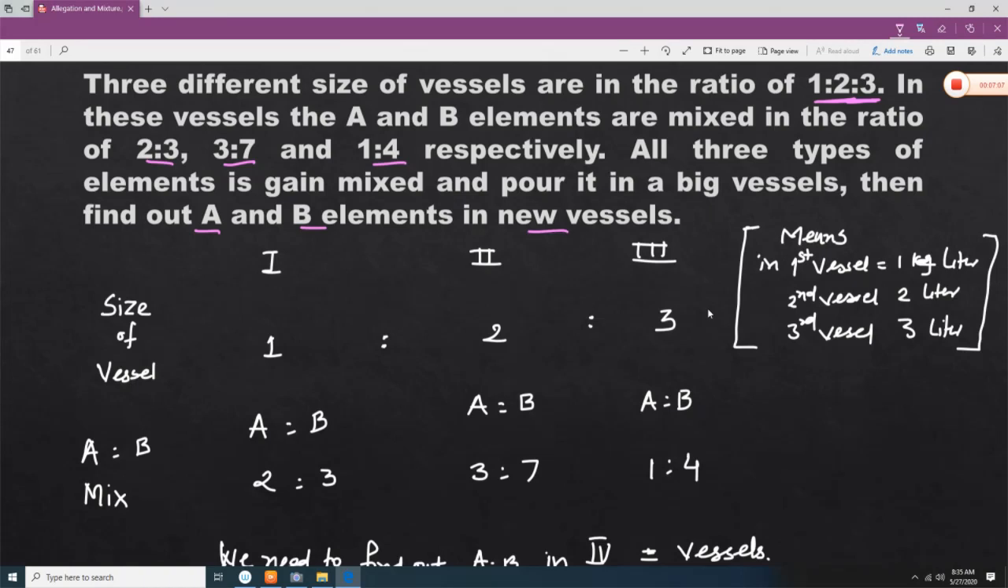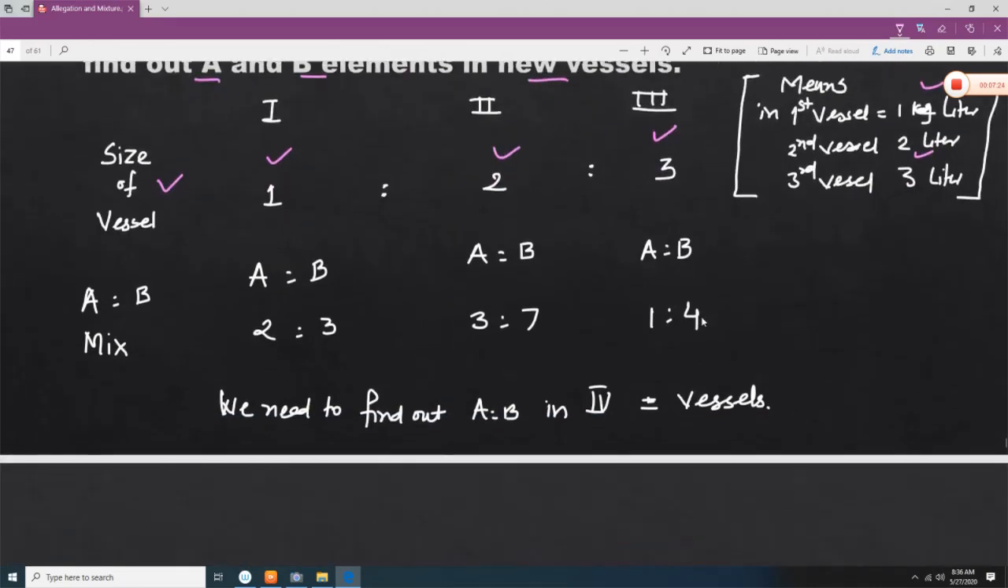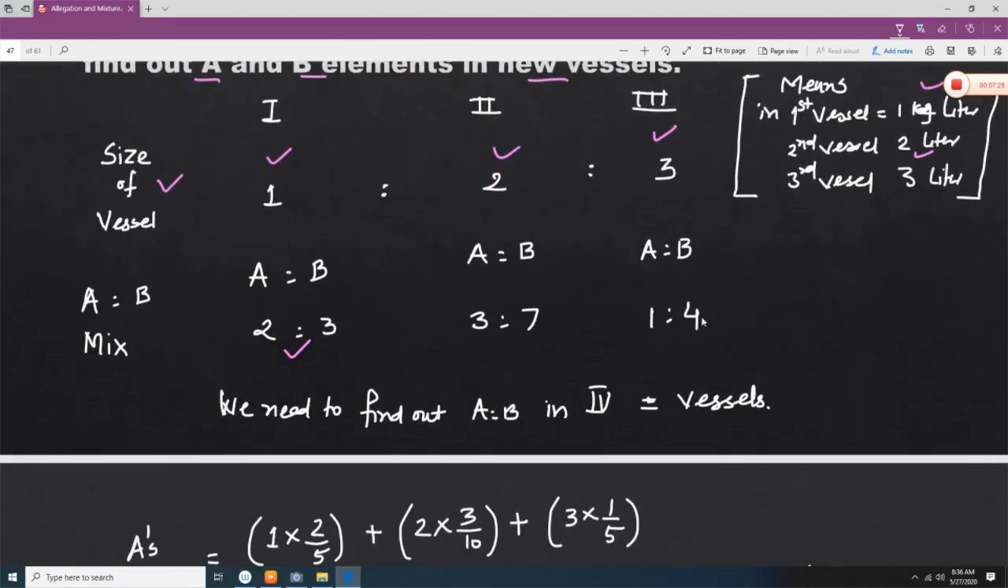1:2:3 is the size of the vessels. It means in the first vessel there is 1 liter, in the second vessel it is 2 liter, and in the third vessel it is 3 liter. So the size of the vessels is already given, it is 1:2:3. Now the ratio of A and B is already given, it is 2:3, 3:7 and 1:4. Now we need to find out the AB ratio in the fourth vessel, because this is the ratio of the first,